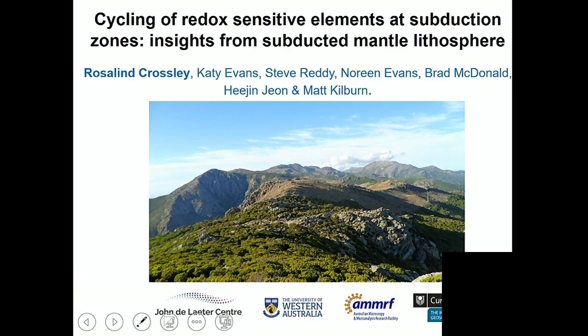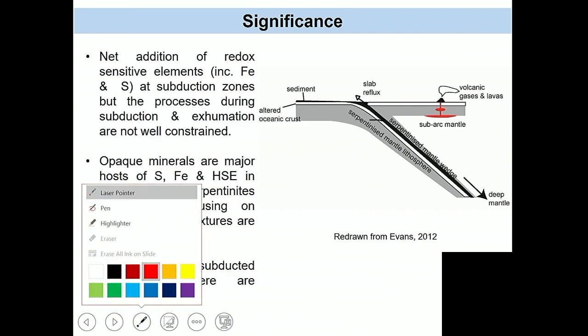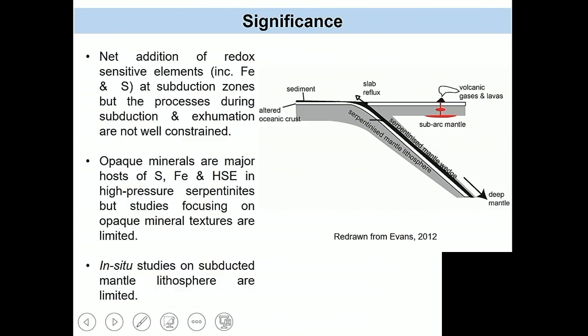This is an image of a field area in Alpine Corsica at Serra di Pigno, and I'll be talking about that in a bit. So why do we care what happens to redox-sensitive elements at subduction zones? Well, basically we know these elements are added at subduction zones, including iron and sulfur, but we don't know the oxidation state of these elements, and we don't know how much is transferred